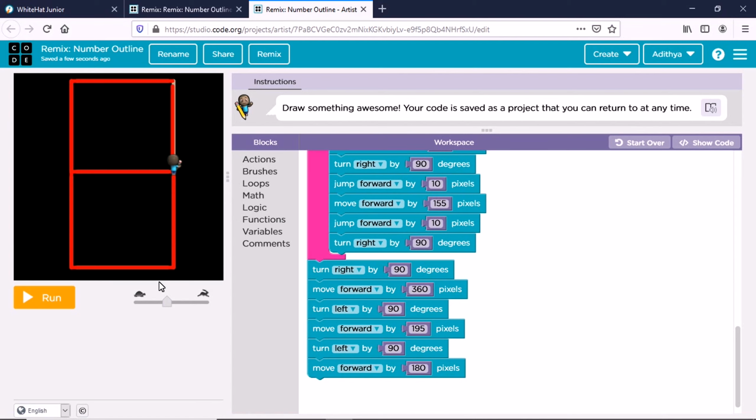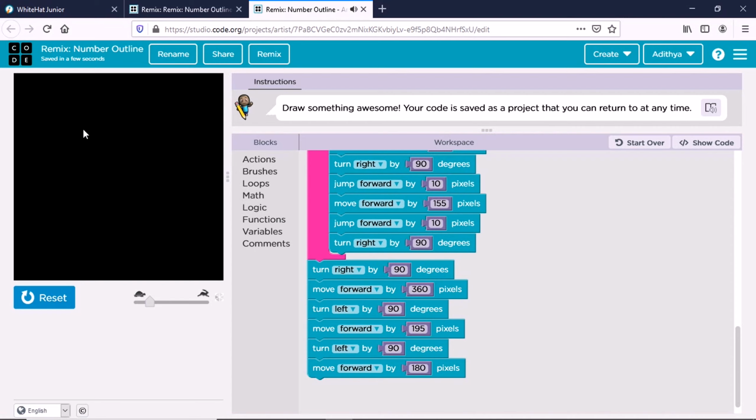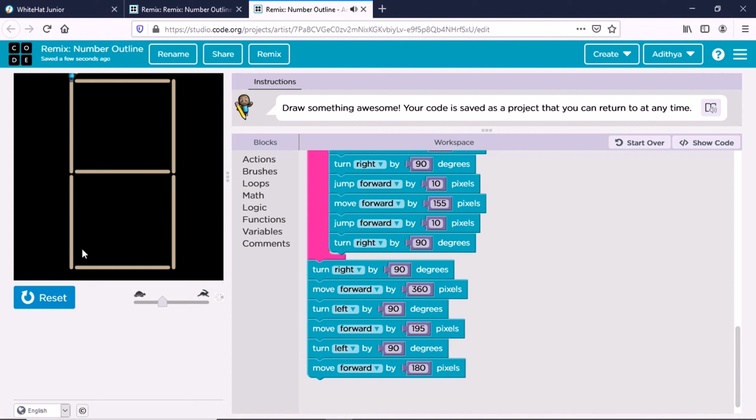So I'll show it slowly. See, first we press play and a black screen appears. Then it's drawing the line. It's drawing the outline. These were given before only. Now I'm creating my number with these codes. See, the repeat loop acted 2 times and it came here. See, our number is done. So today's project is done.